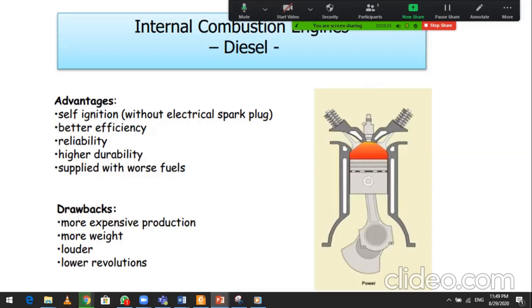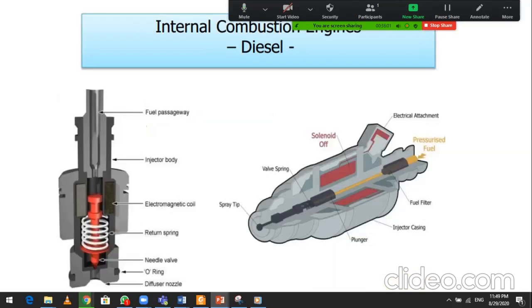तो अब आपने पेट्रोल इंजन देखी, डीजल इंजन। सो एडवांटेजेस ऑफ डीजल इंजन क्या है? सेल्फ इग्निशन। डीजल इंजन की अगर मैं पूछूं तो एडवांटेजेस, तो सेल्फ इग्निशन है, विदाउट इलेक्ट्रिसिटी स्पार्क प्लग। अब डीजल में नहीं, बेटर एफिशिएंसी मिलेगी, रिलायबिलिटी, हाई ड्यूरेबिलिटी, सप्लाइड विथ वेरियस फ्यूल्स। एंड ड्रॉबैक्स डीजल इंजन की क्या है कि मोर एक्सपेंसिव प्रोडक्शन, मोर वेट है, लाउडर है, लोअर रिवोल्यूशन है।